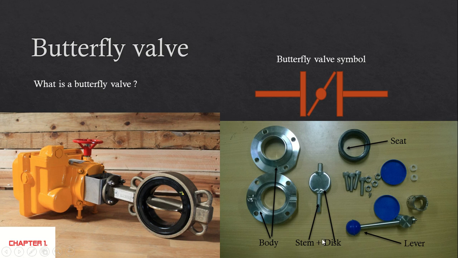So in this exploded view I will show you what the main parts are and their operation. This is the lever and it is connected with the stem, and it helps to open, regulate or close the butterfly valve, and it is also in between the body, and the flow is sealed by this seat. Here in this figure, this is the seat, and also these are the bushes and the other nuts and bolts that are used for the installation process. So this is the butterfly valve symbol that can be seen in the pipe network diagrams.